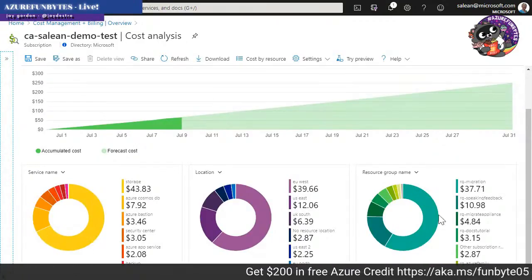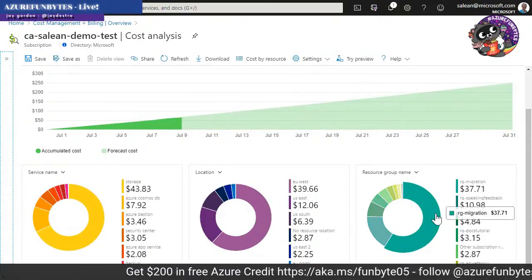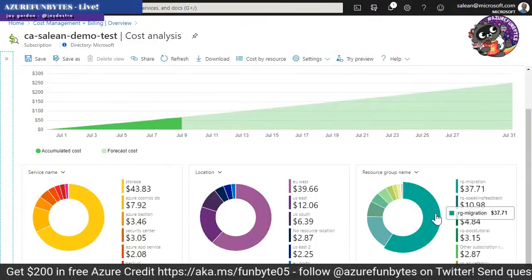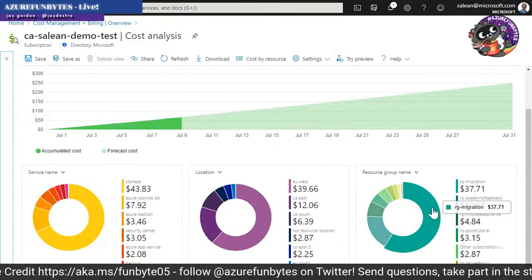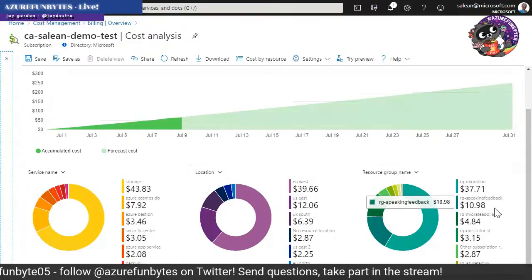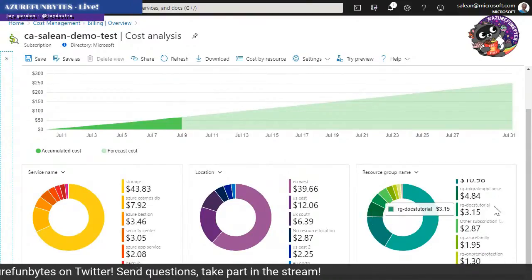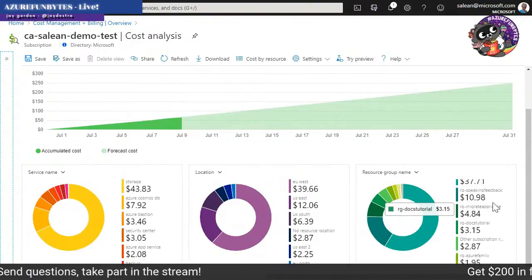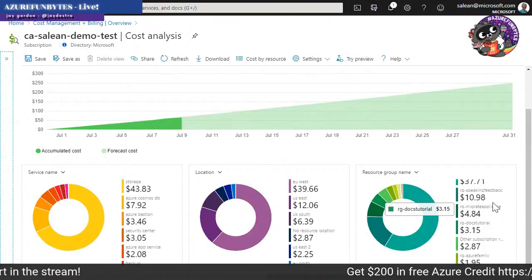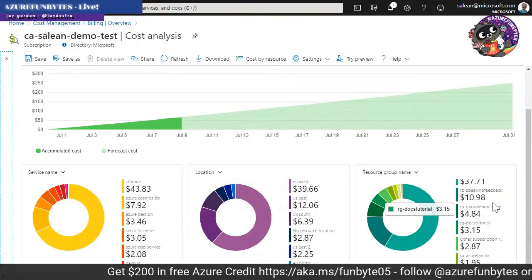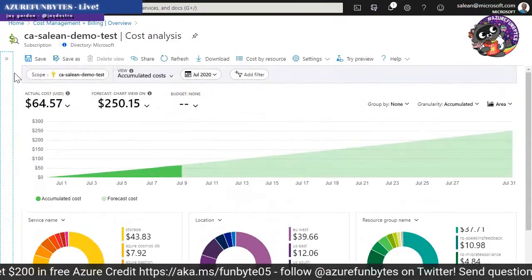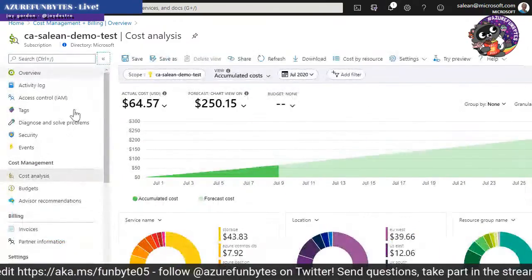So I can see that the resource group I've got for migration, I'm currently working on some migration demos, is costing a fair chunk. And then I've got speaking feedback forms and various different things. So again, you've got that ability to break it down. So if you saw horrendous cost, you can actually see it and try and dive into it and find out what the cost is. But what I want to show you is how to set up a budget alert,